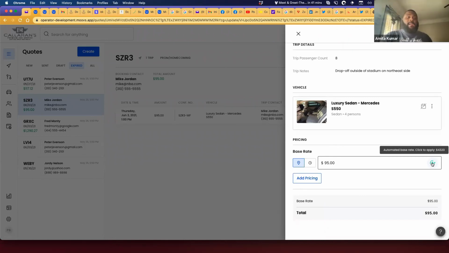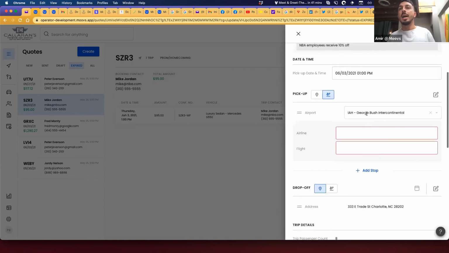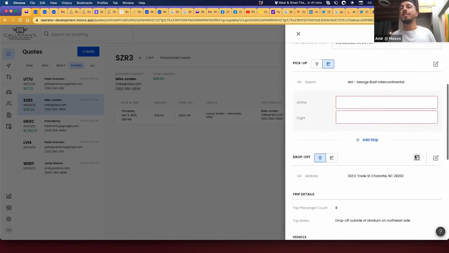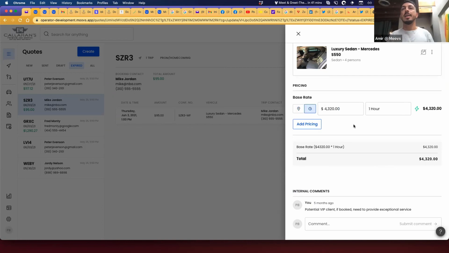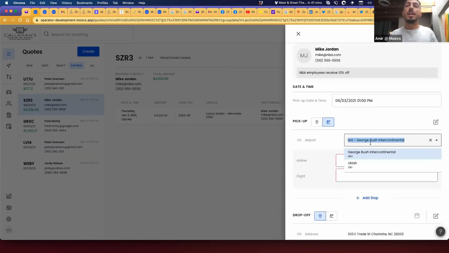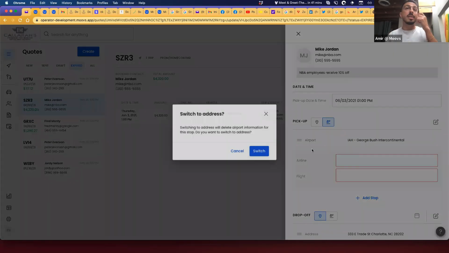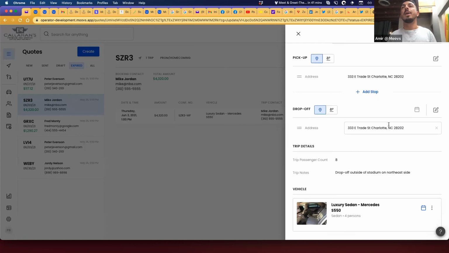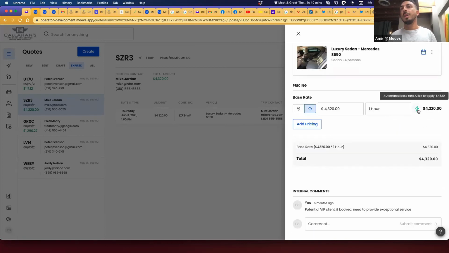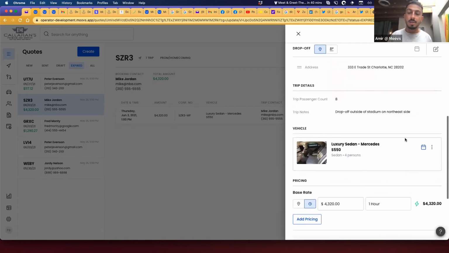Okay. Yeah. So I would recommend, as long as you're pricing and you have a base rate enabled, any updates you make to time, date, pickup, drop off time, down here, this is a very powerful base rate automation. If you click this, it'll automatically update. And if you changed this to, say, the other airport or another address, it'll dynamically know that it needs to recalculate a base rate. See how it starts to load? And obviously this is the max price, so it's calculating max, but it would calculate your rate in your general area. Okay, thank you.